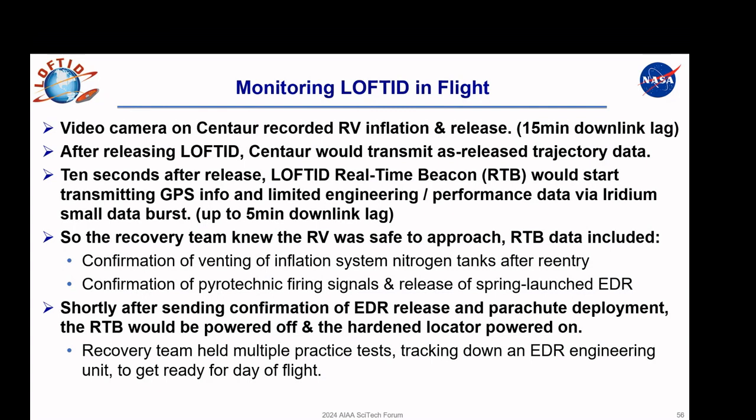And just after we got released, we started transmitting GPS data again through that Iridium small data burst, which has a slight lag. We included data in that signal so that the RV would let us know that yes, it's vented the nitrogen tanks. They're no longer pressurized. It's going to be safe to approach. It fired all the pyros. We don't have to worry about any of those or the spring-launched